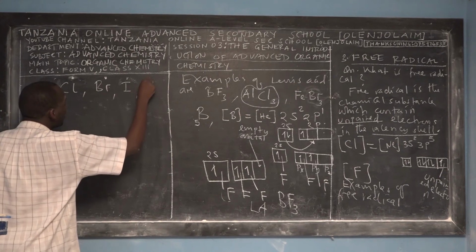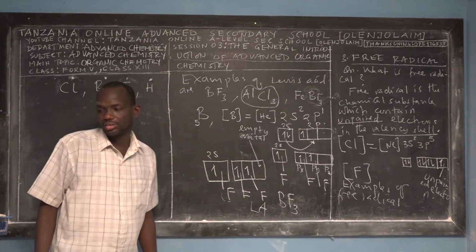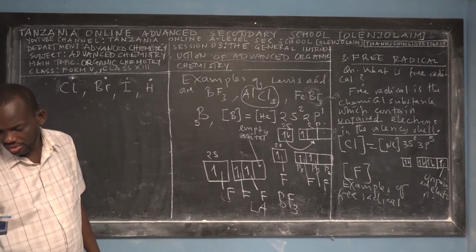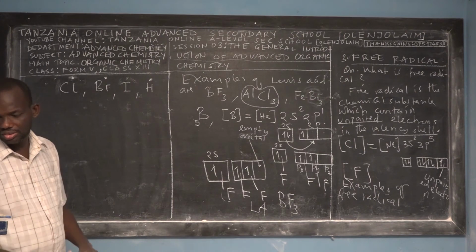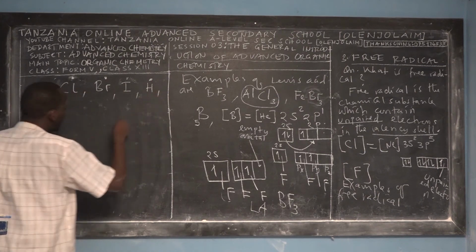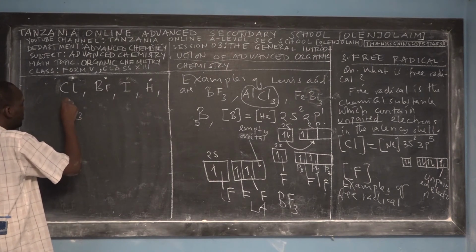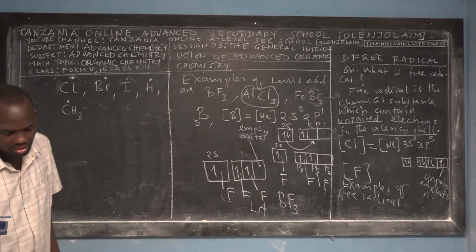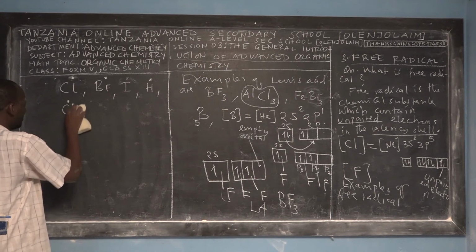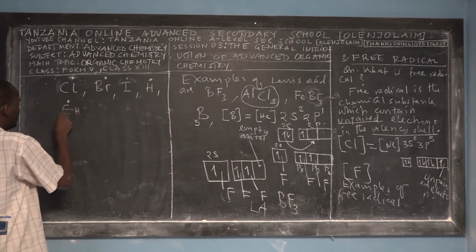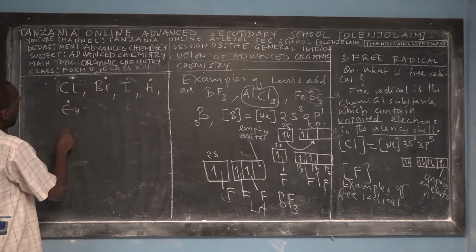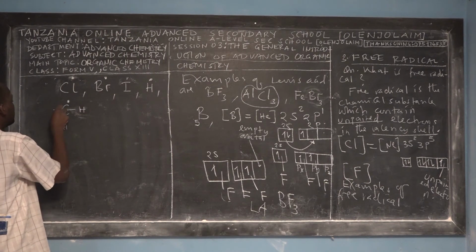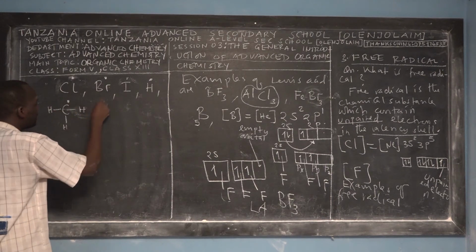Then hydrogen, this is the symbol. Also, you can have CH3. Suppose this is carbon, with hydrogen bond, hydrogen bond, hydrogen bond, but one bond is missing, so the dot